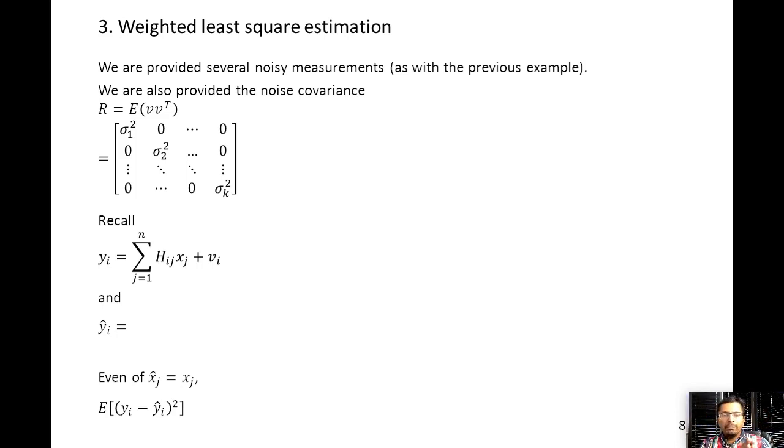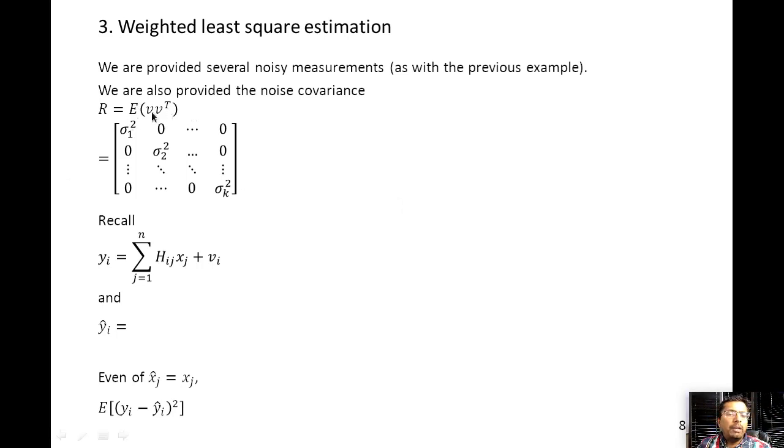Another way to think about it is you're calculating the overall estimated value, and then you're minimizing it. The problem with that approach is that if your individual noises have slightly different covariances, then you might want to give slightly different weightages to the errors. If you have a higher covariance in, say, the first noise compared to the second noise, then you would want to potentially give a lower weightage to the first noise, because the second one is more likely to be accurate. So that's what we're going to be doing here.